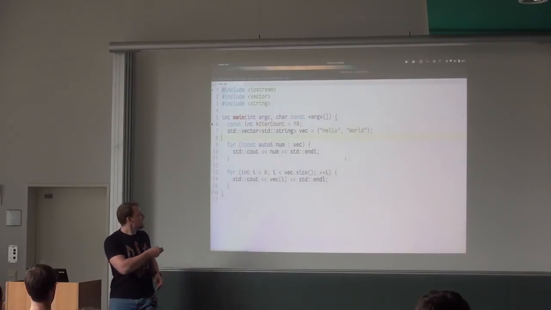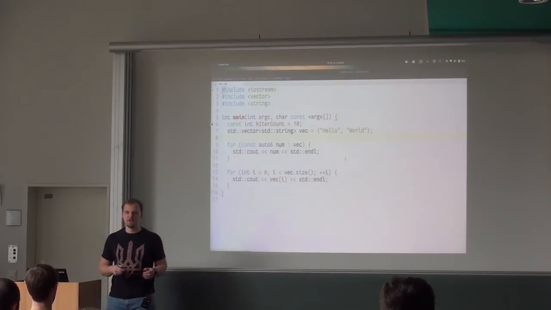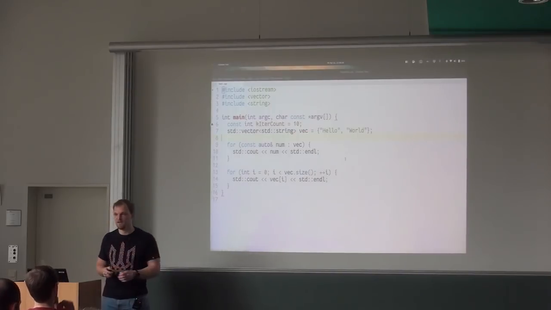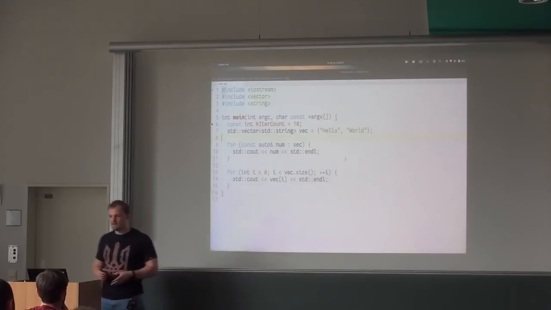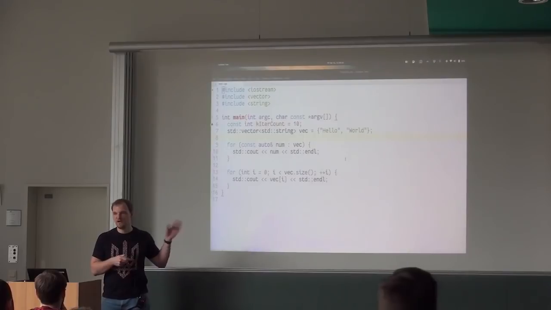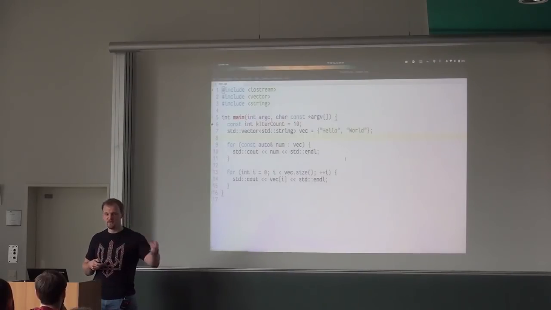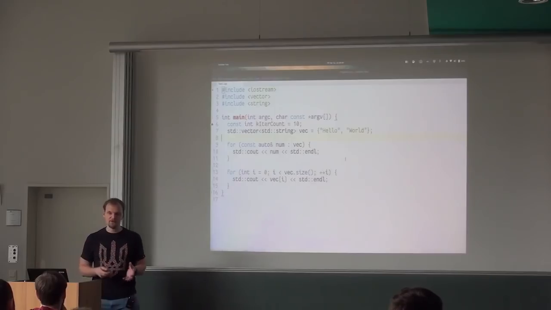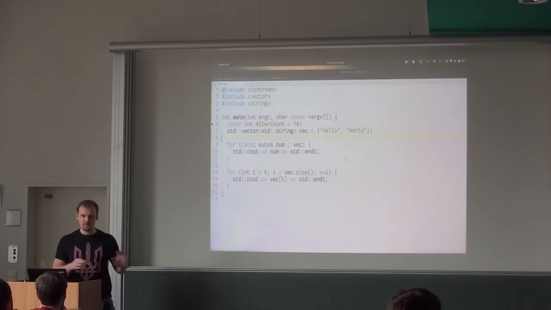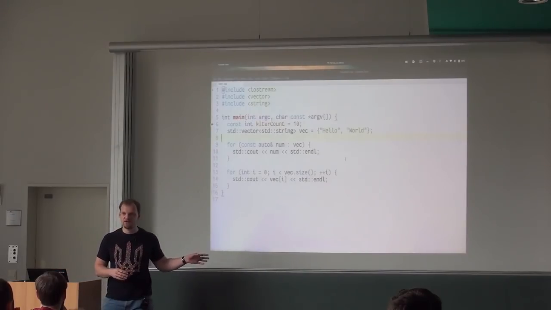So in this case, num will not actually be a copy of the string, it will be just a reference to that string. The string will still be lying happily in the vector. All right? Also, if we drop the const over here, we can also change something. We can change this number, and it's going to be changing the thing in the vector. I would avoid doing that usually, because it makes the intent less clear, but we're going to talk about it more when we get to functions, I guess. So that is clear? The syntax is clear, the auto.